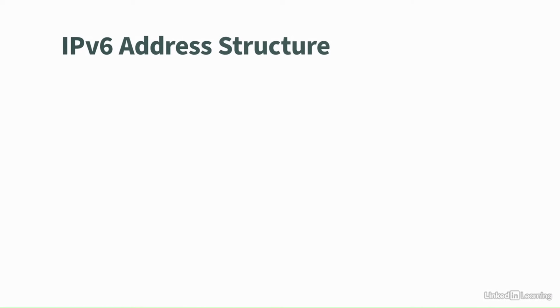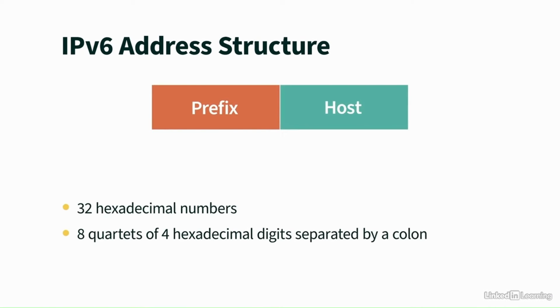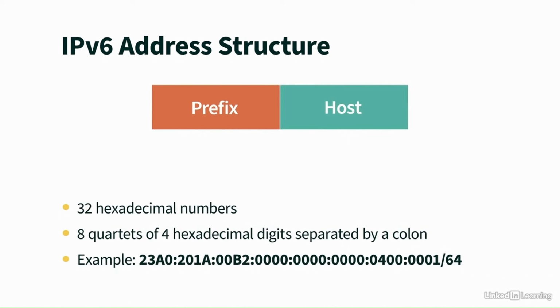And here we see an example of an IPv6 address, and notice we have an A and a B in addition to regular hexadecimal numbers. That's because when we're using hexadecimal notation, we're not just using the digits 0 through 9, we're using the letters A through F. And also notice we have 8 groupings of 4 hexadecimal digits. In other words, 8 quartets. Finally, notice the slash